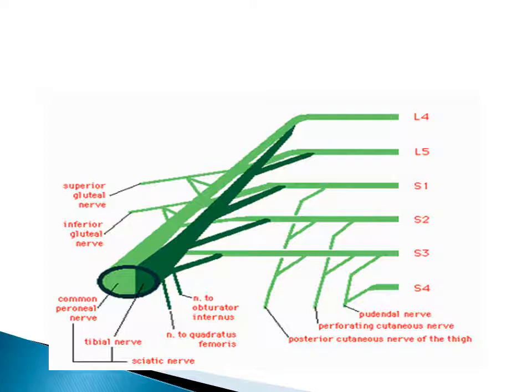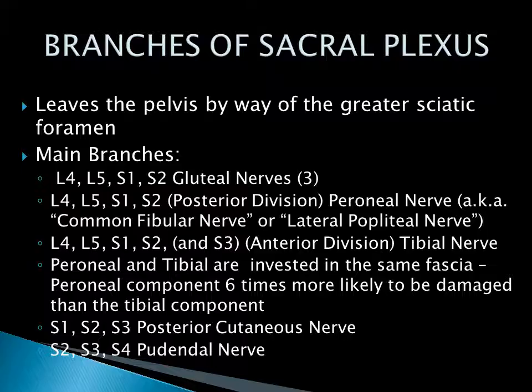And we're going to follow potential sites where that nerve can become injured, beginning all the way up high near the spine where it initially forms the sciatic nerve, all the way down to its termination in the foot, where it again becomes separated into both common peroneal and tibial portions of that nerve. So the sciatic nerve, or I should say the sacral plexus, gives us many important